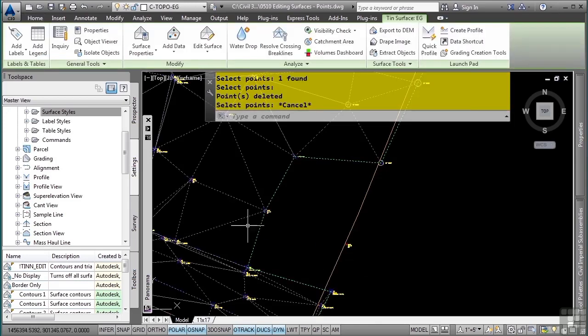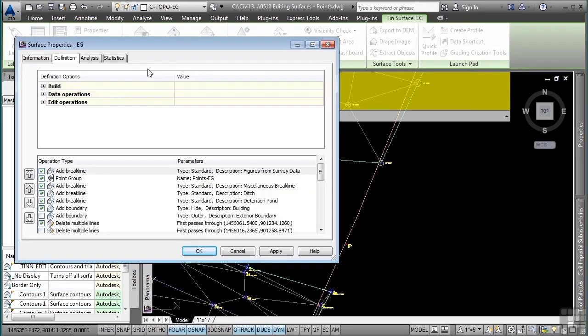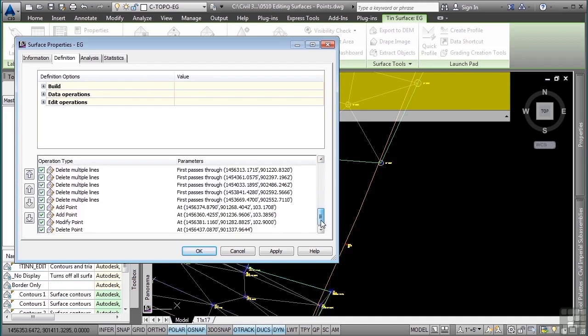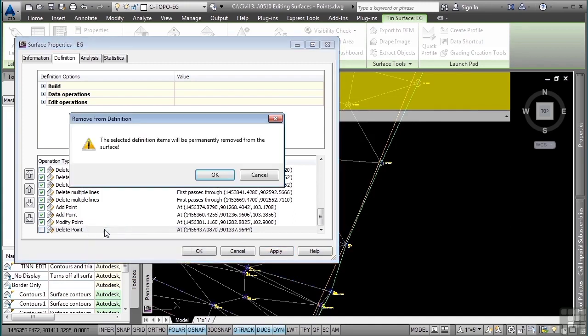One of the great things, as mentioned before, about these surface edits is that they're stored in the Surface Properties dialog box. So in the Definition tab, you will see all of the edits that you have made to your surfaces. If you want to remove one or temporarily turn it off, you could simply toggle it off, click Apply, and rebuild the surface. Or if you want to permanently remove it, and there's no undo of this when you exit the file and come back in, you can right-click, Remove from Definition, and it will permanently remove that surface edit